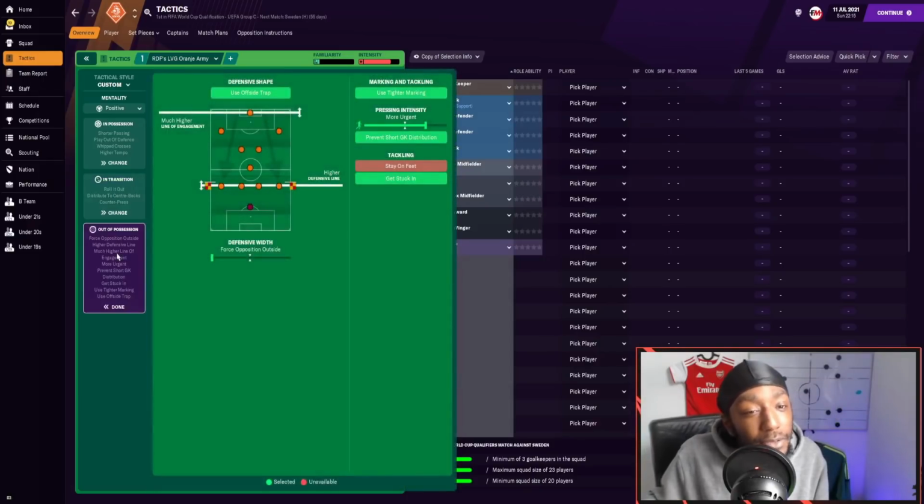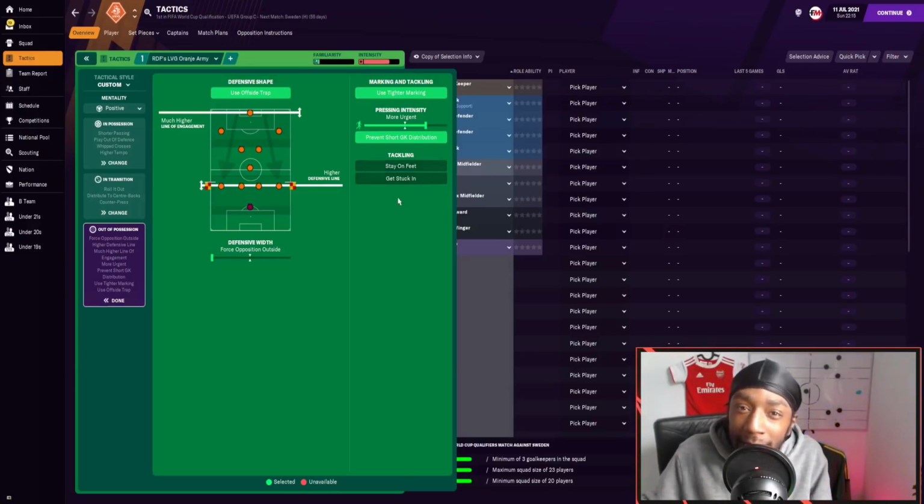For out of possession, we are going to be using the offside trap with a much higher line of engagement, a defensive line which is higher as well, the narrow defensive width, using the tighter marking, more urgent pressing, prevent the short goalkeeper distribution, but also get stuck in, which you can remove. Again, I only use get stuck in to get improvements on results in Football Manager,